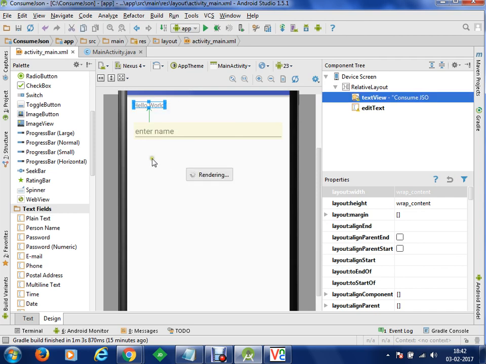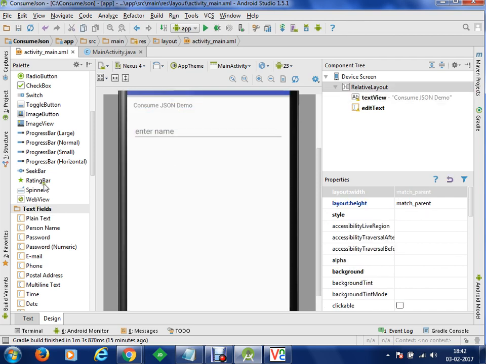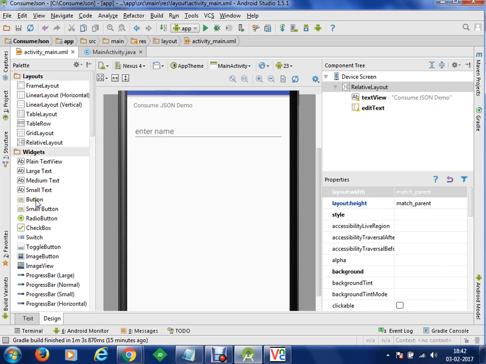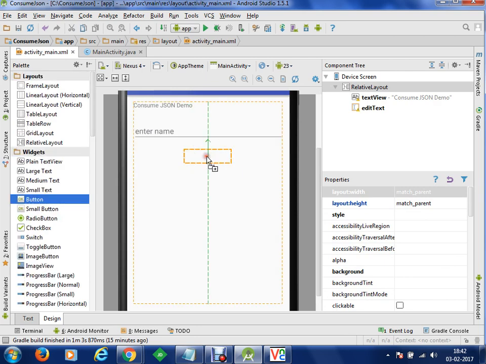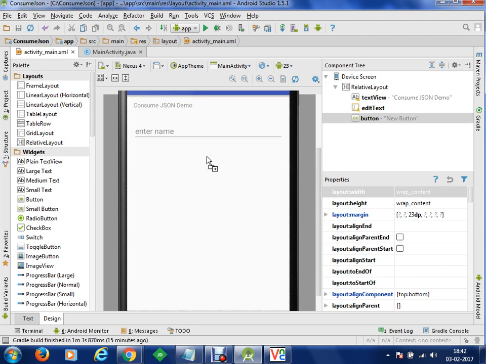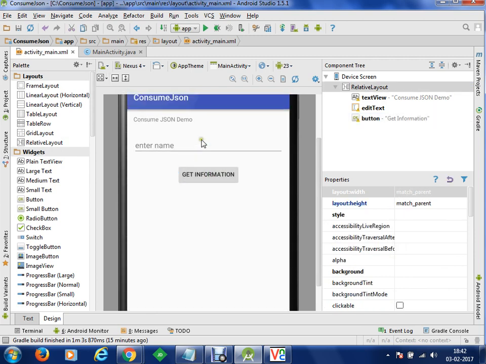Now what am I going to do? I'm going to have a button control at the bottom, and we are going to change the text of this button control to get information. As soon as we click on this button control, a get request will be sent to the server.